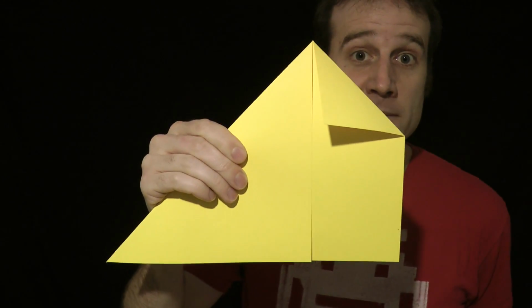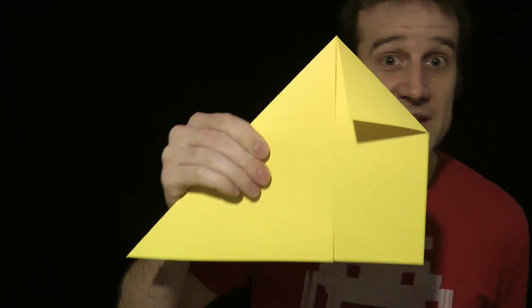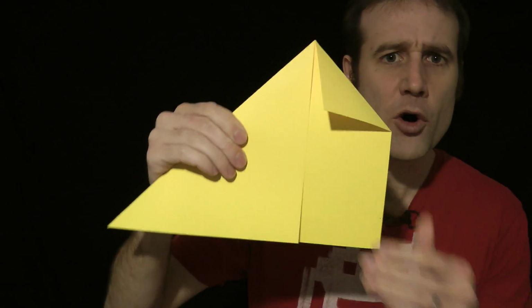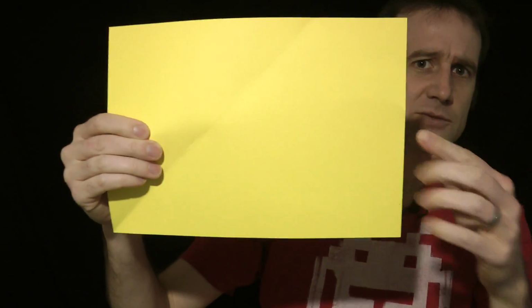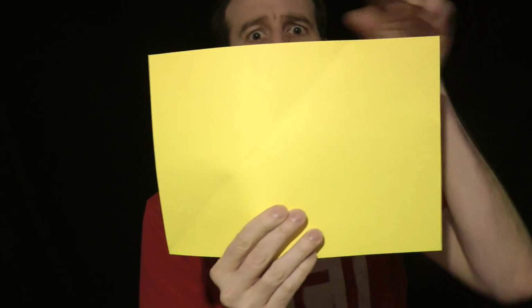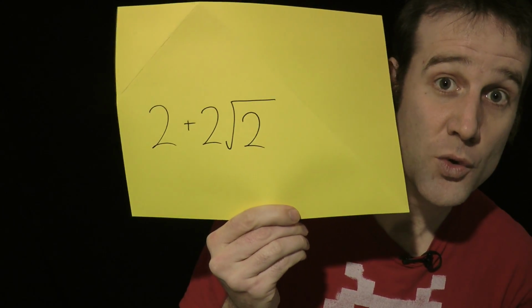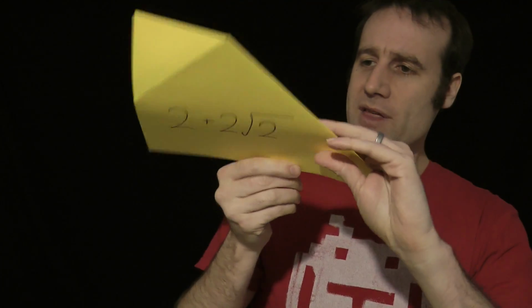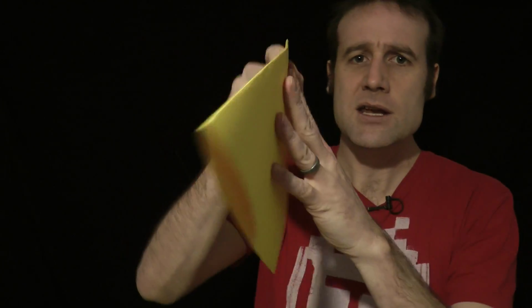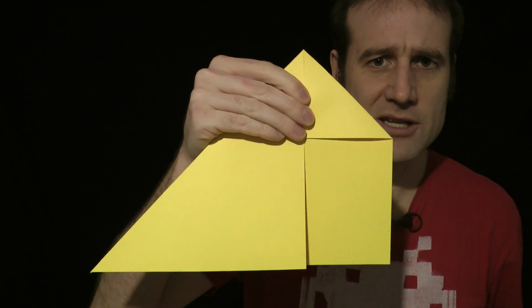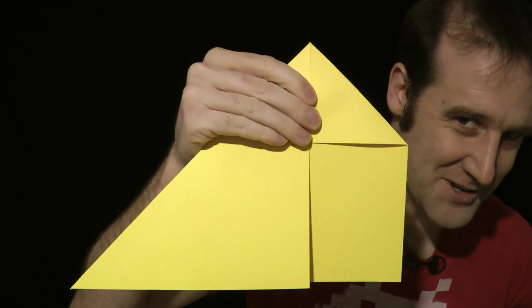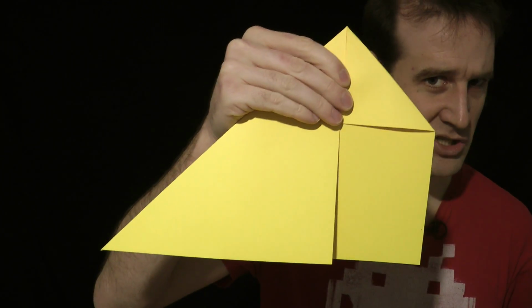And the puzzle is: what is the perimeter of this shape? Because before, when we started, the perimeter of the entire piece of paper, if that's 1, we've got √2 and then √2, the total perimeter is 2 plus 2√2. But once we fold that in, what is the new perimeter of this shape? And as a kind of side puzzle, what is the name of this shape?